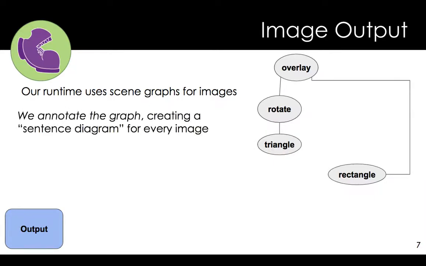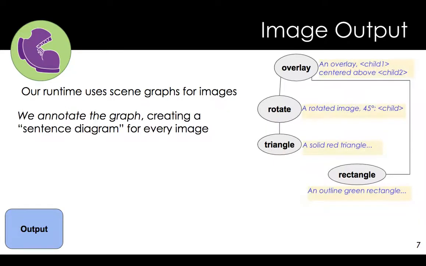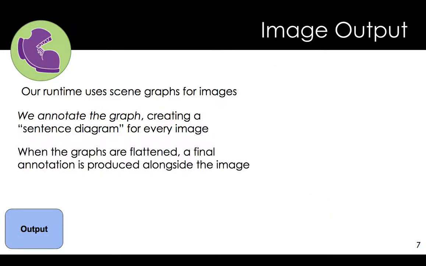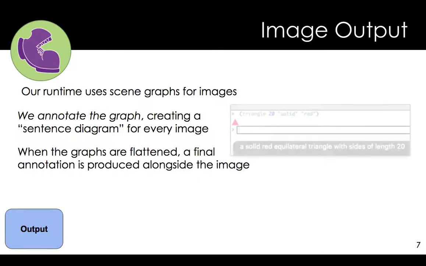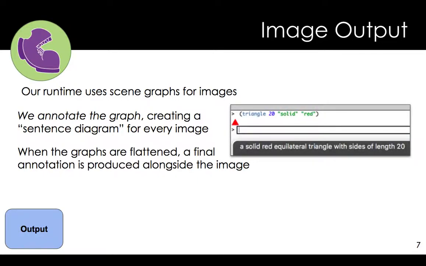What we've done is annotated the graph, essentially creating a sentence diagram for every image. When the graph is collapsed, not only do we get the final image, but we also get a complete final annotation produced alongside that image, which we can then hand to the screen reader. So, for example, a VI user might hear read aloud "a solid red equilateral triangle with sides of length 20," or "a solid red equilateral triangle with sides of length 20, rotated 45 degrees on top of a solid green